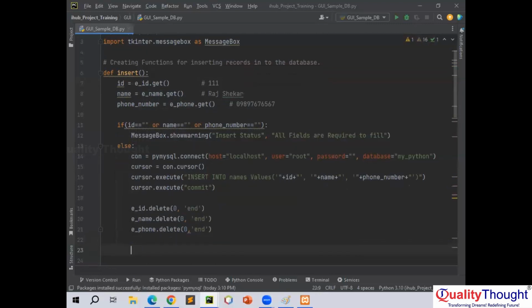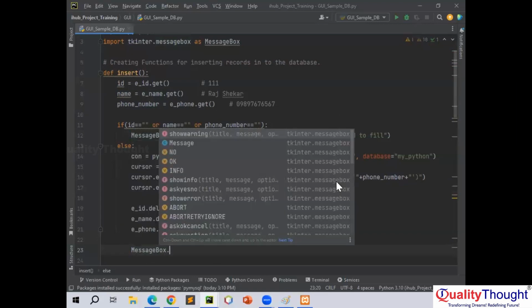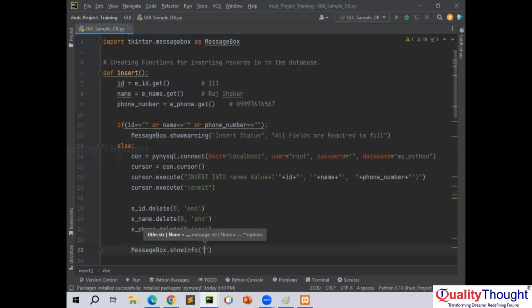Now I need to write one small message, that is a message box. If all the data is inserted and this particular data is deleted, we sometimes get a message saying your record has been saved successfully. That is done using HTML, JavaScript or some scripting language. Here I want to use a message box dot show info, that is insert status separated with comma. I want to take it as a record